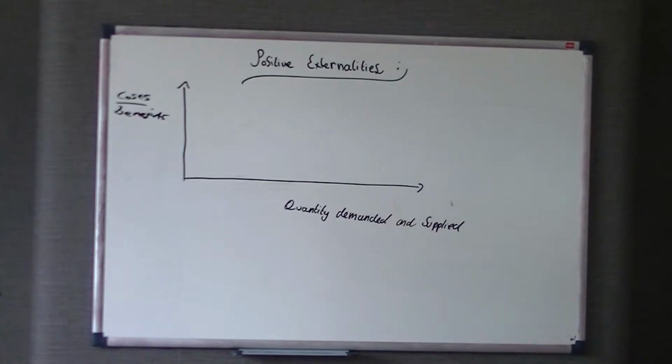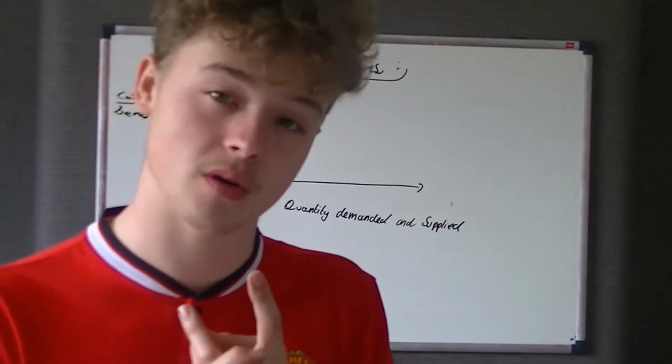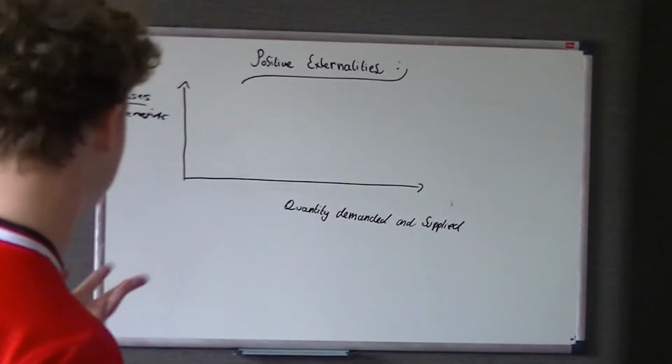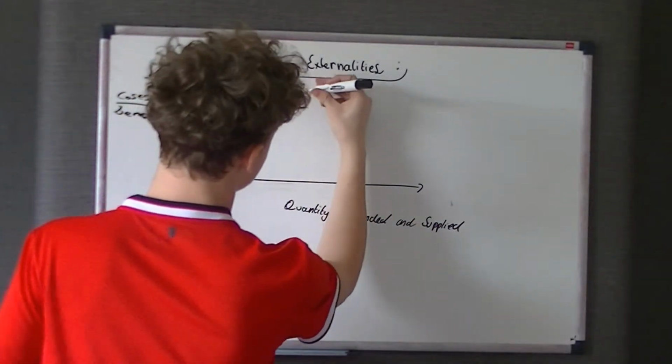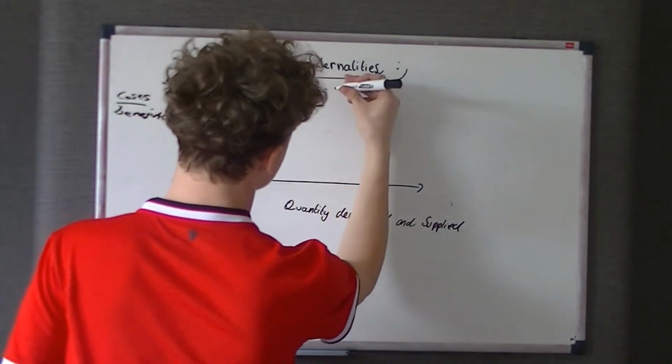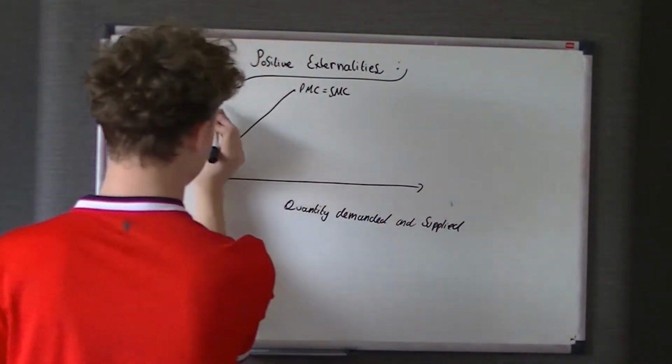Hopefully this is making sense so far. So that means that the private marginal cost curve is equal to the social marginal cost curve, so for the cost curve we just have one line. So we have PMC equal to the SMC, and we will have